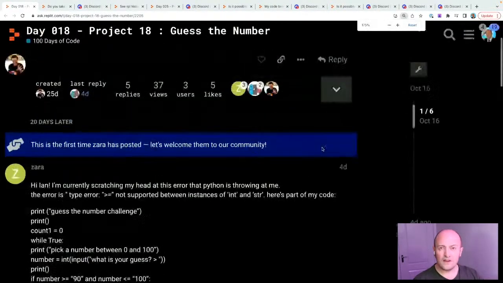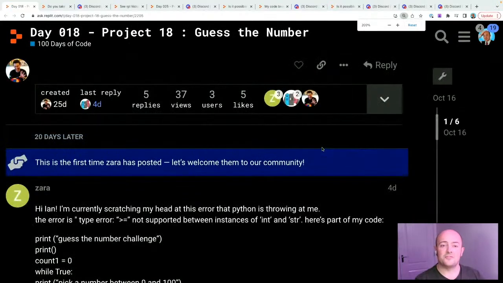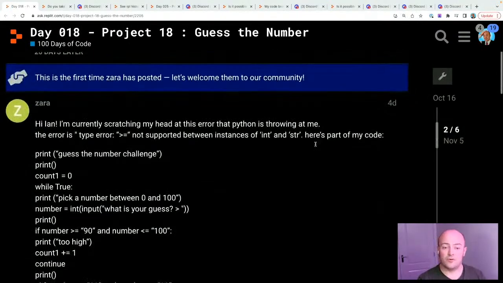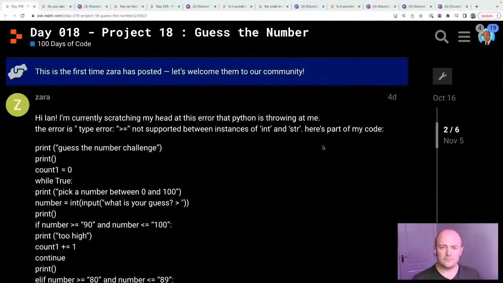Okay. Our second question tonight is from ask.replit.com, which is our forums, where you can go and ask questions about anything to do with Replit. Particularly, we've got a code help section and 100 days of code section there. If you're working with 100 days of code and you want to ask questions or see other questions people have asked, especially as we get towards the things that we are publishing this week, which are things like Replit DB,